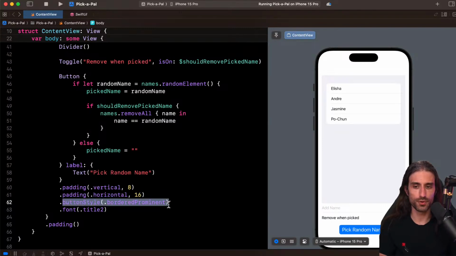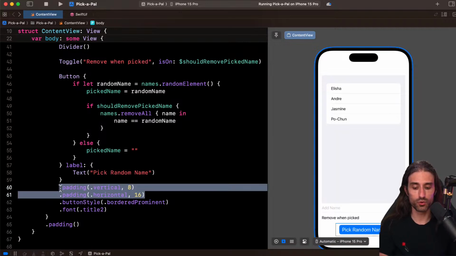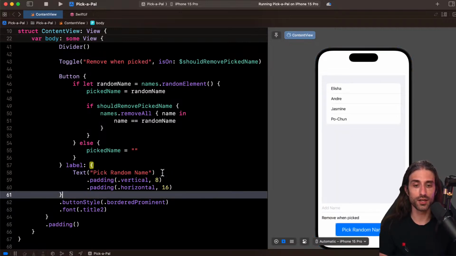Okay, no, it's because we have the button style, and the button style doesn't put the blue in the padding. But you can see that if you put the padding on the button, it added the padding after the content of the button, after the label of the button. That's because the button style is applied to the label and not the button itself.